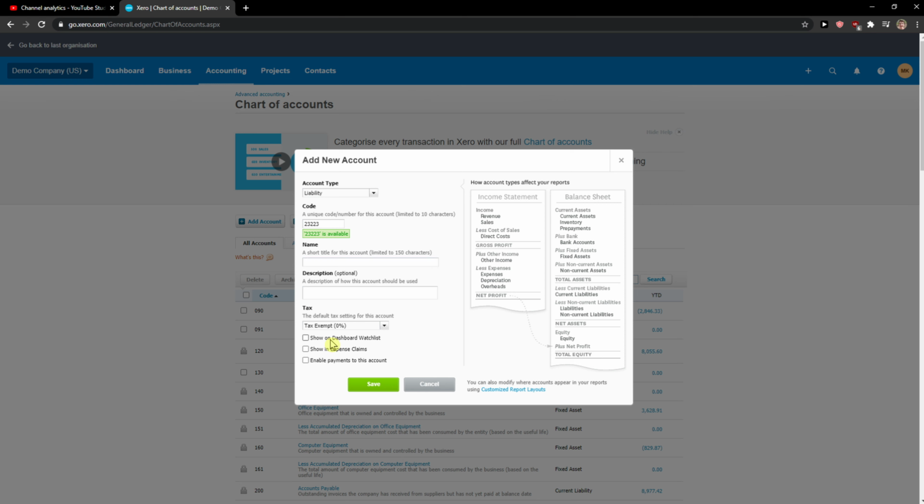So name, text, show on dashboard watch list. You can also like show it in expense claims and enable payments to this account and just like click save. And this is how you can add an account code in